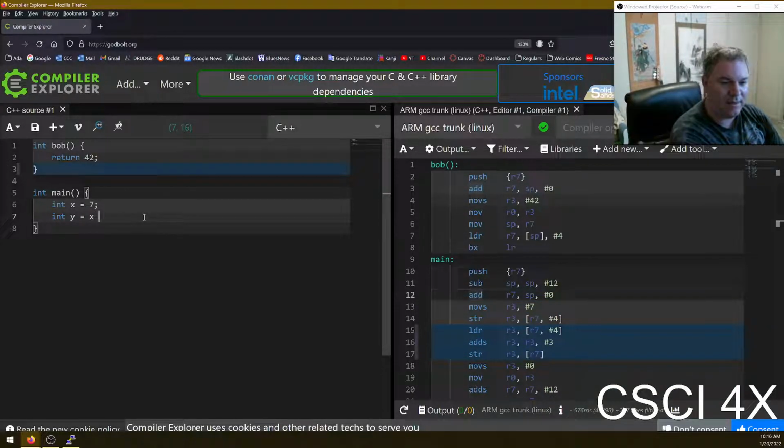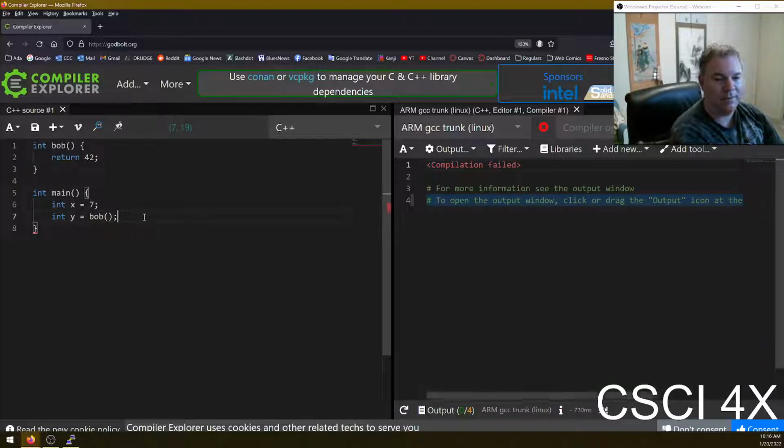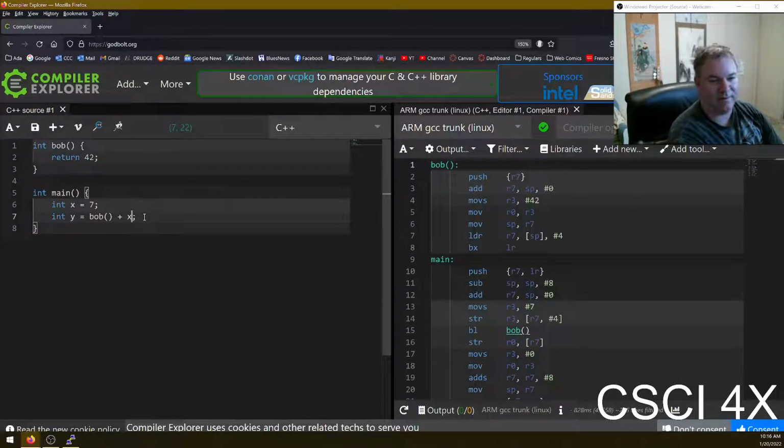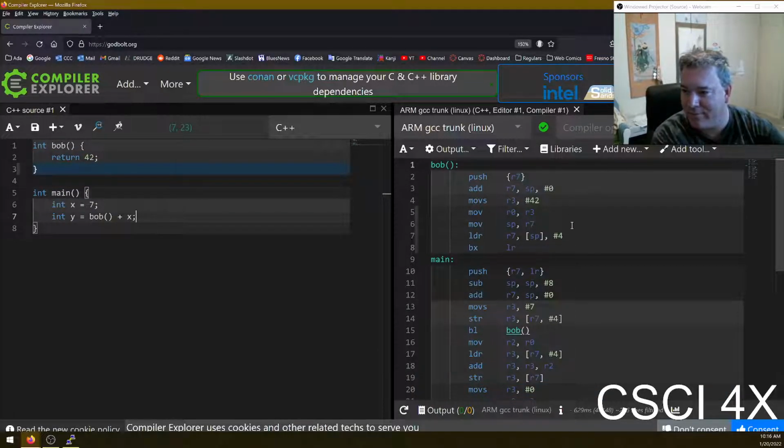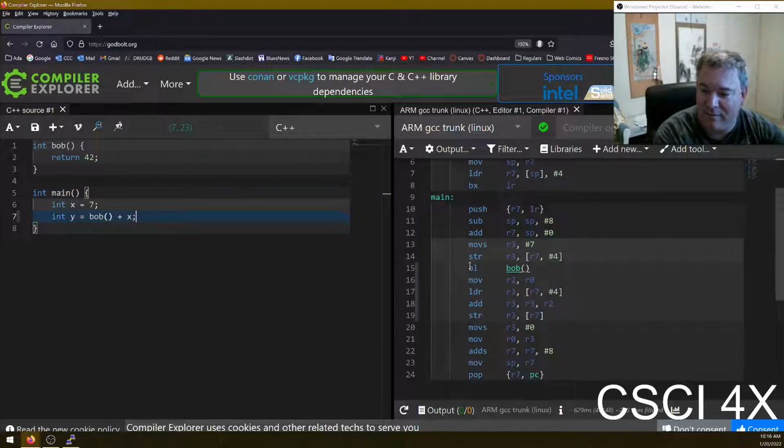Okay, so if we set y equal to Bob plus x, let's say, you see the thing dynamically recompiles in real time. It's really cool. You can see here we've got a function call to Bob. And then it's moving the return value. The return value of Bob is written into R0. It's going to return 42, and 42 gets put into R2. It then adds R2 and R3. R3 is x, right? It just stored